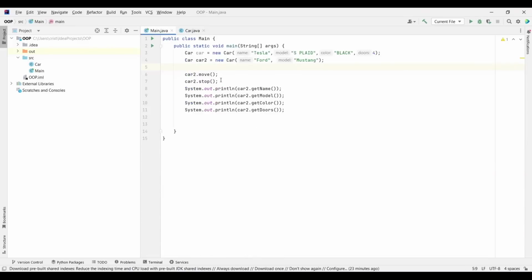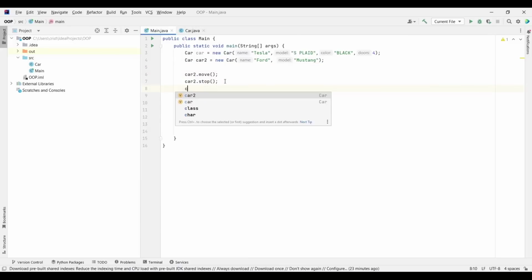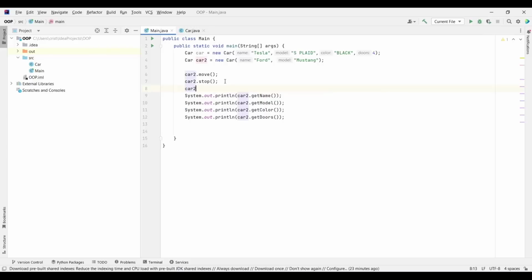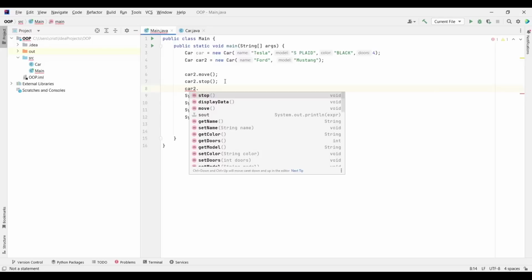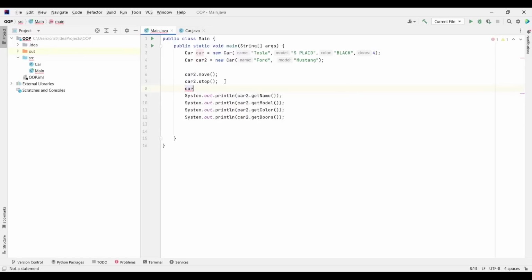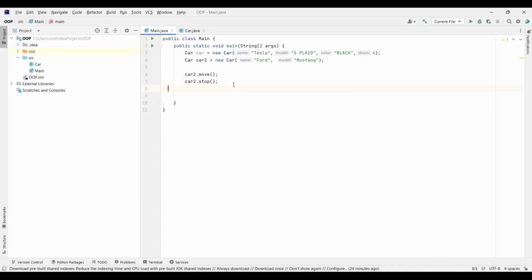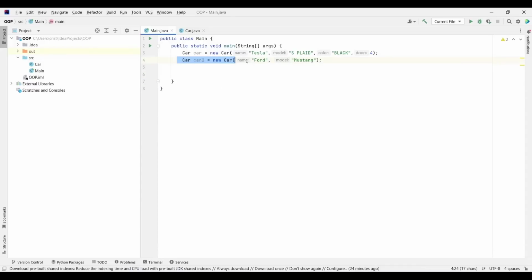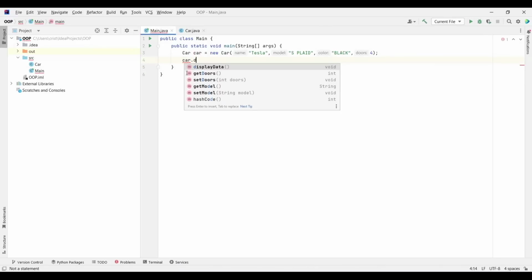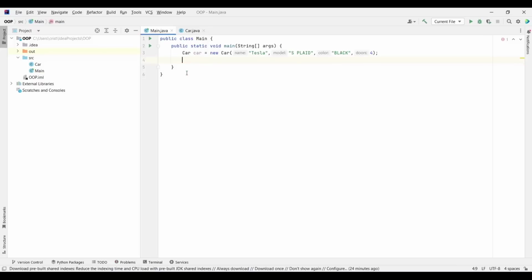Now, in order to call the display data function, we need to use an instance. We need to use an object created from our class in order to call the function. So if I type here car.display data, I can use it. But without an instance, I can't call that function. So let's actually delete this code. This code also. Let's delete this object. So now if I type here Car.display data, as you can see, I can call it because I have an object and the methods are attached to this object.